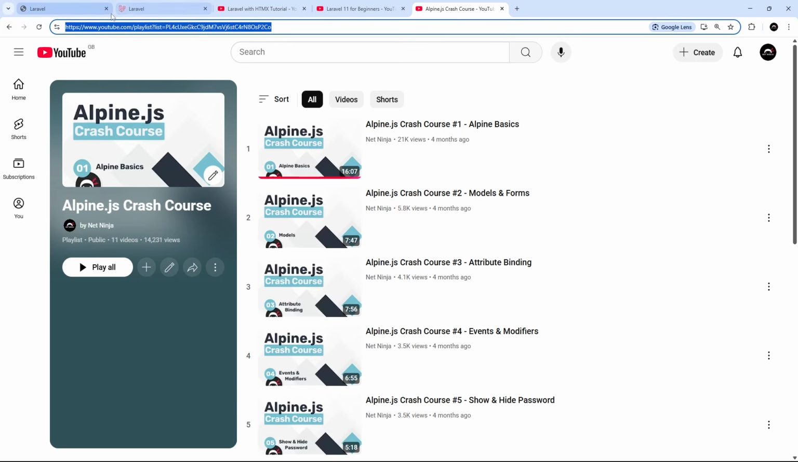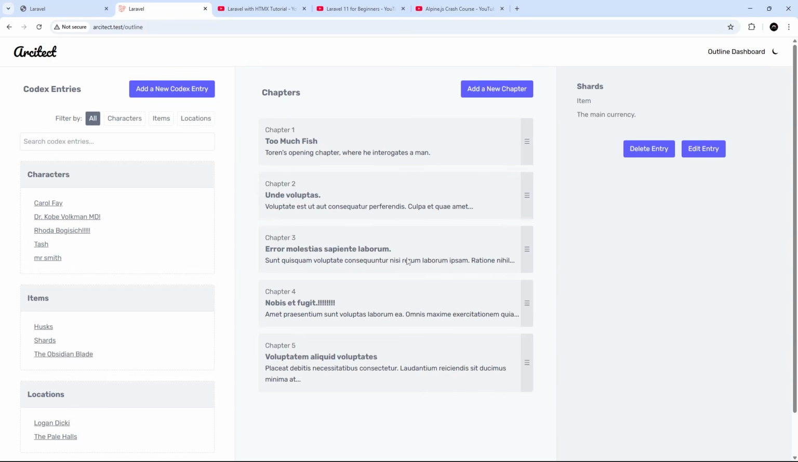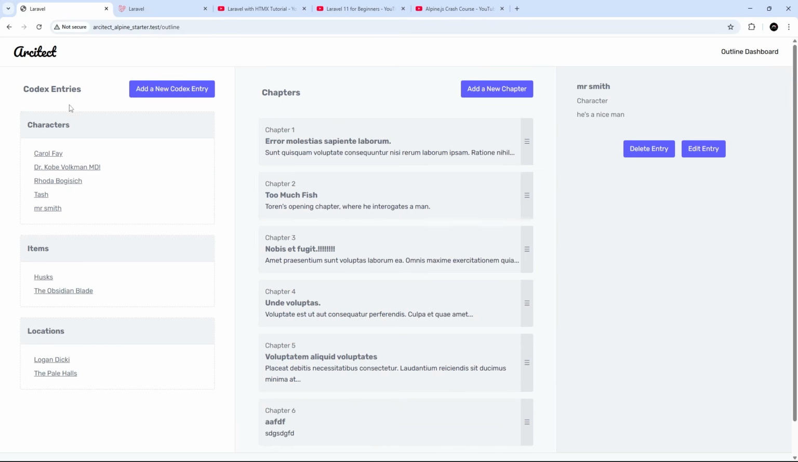But I wanted to make this course to show you how it can be used in conjunction with other frameworks and libraries, and in the case of this project, how it can work really well alongside HTMX without the two things stepping on each other. But there are a few things you need to watch out for, and I'm going to be covering those as well. So if we go back to the starter project, you can see that we're on this outline dashboard page,